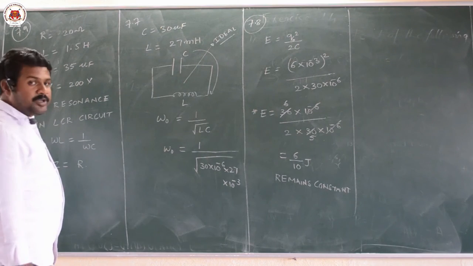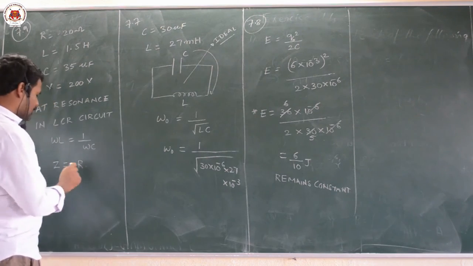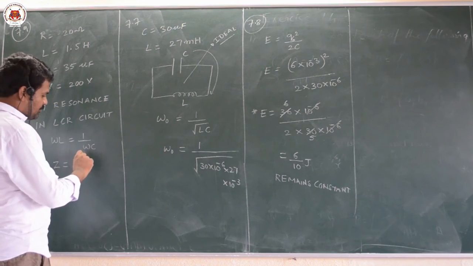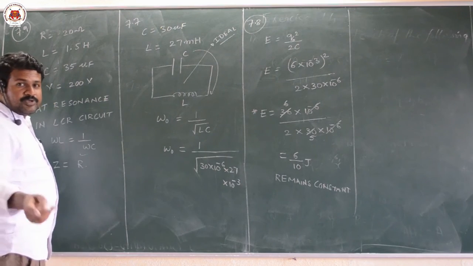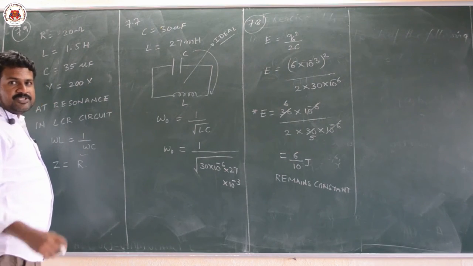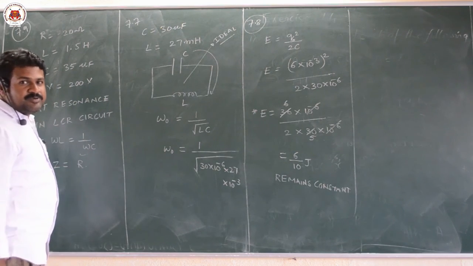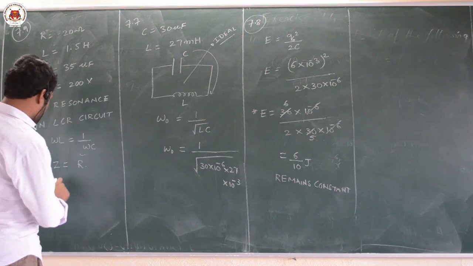When Z is equal to R, it acts like a pure resistor circuit. In a pure resistor circuit, maximum power is dissipated. So that power is equal to